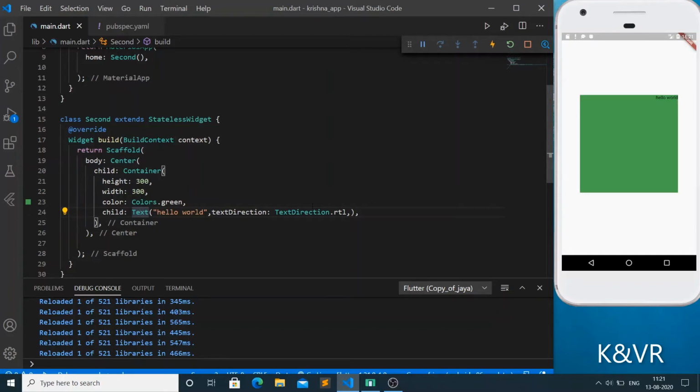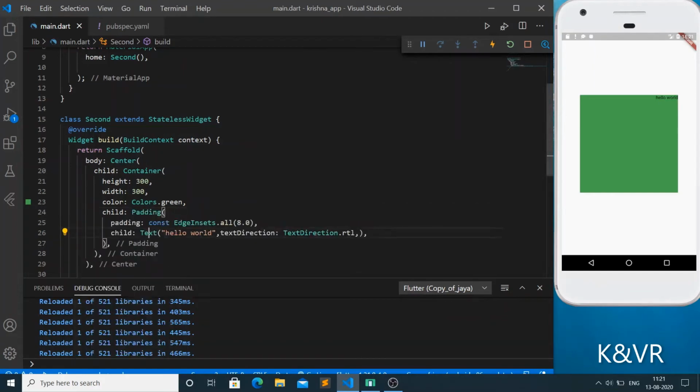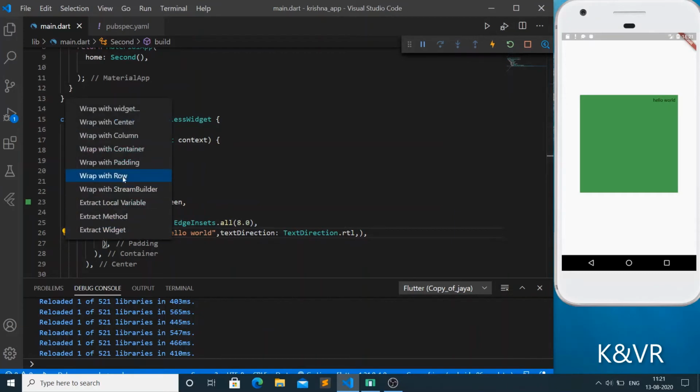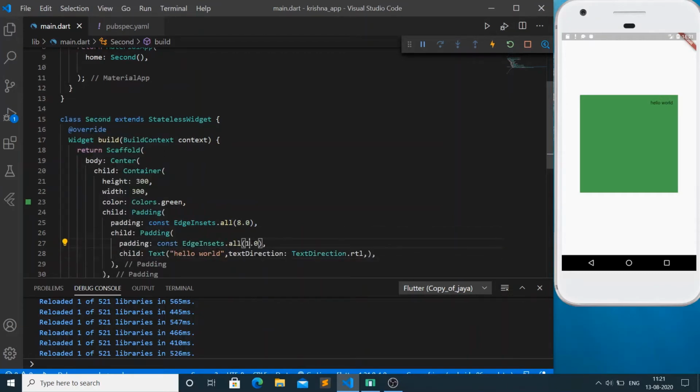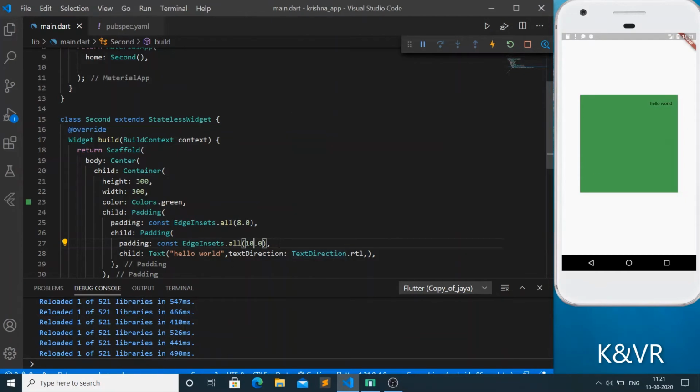So we are creating padding now. Just wrap with bulb and wrap with padding. Here padding will come. Wrap with padding of 10, it comes to here, or else we give 30, it is coming to the center like that.